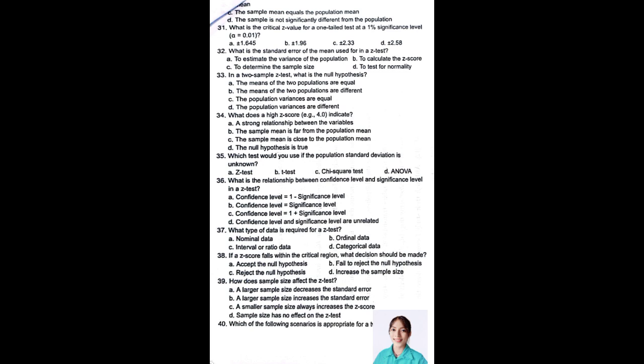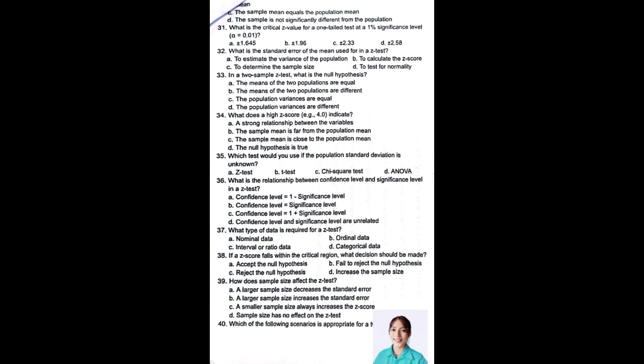Then we have number 32. What is the standard error of the mean used for in a z-test? So the correct answer for that is letter B, to calculate the z-score. Then we have number 33. In a two-sample z-test, what is the null hypothesis? So the null hypothesis in the two-sample z-test is the means of the two populations are equal. So, that's in option